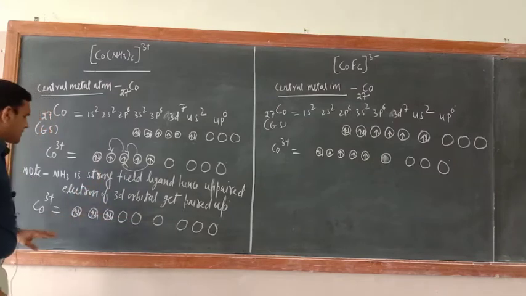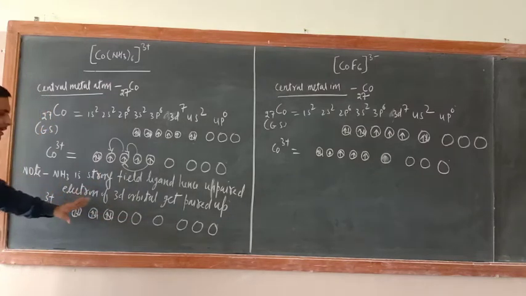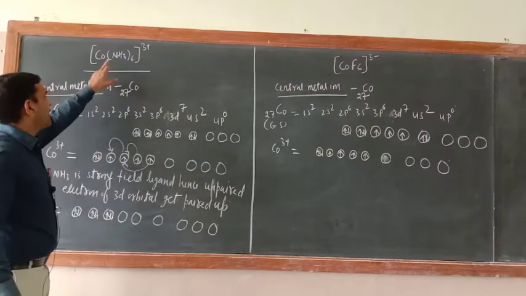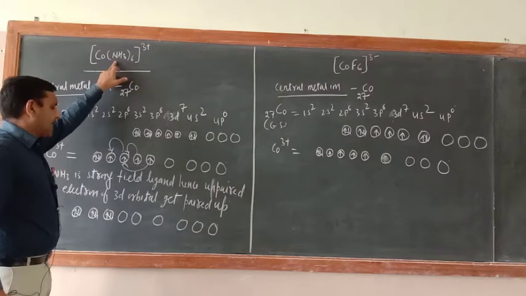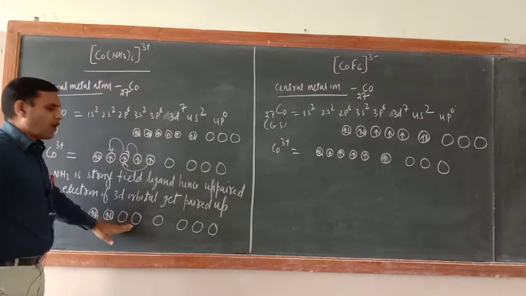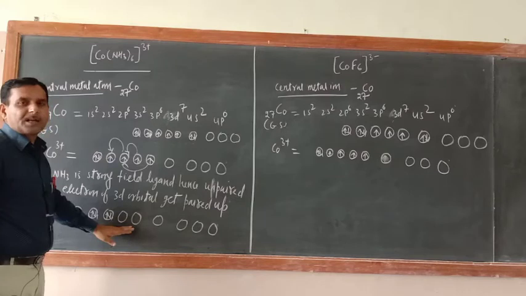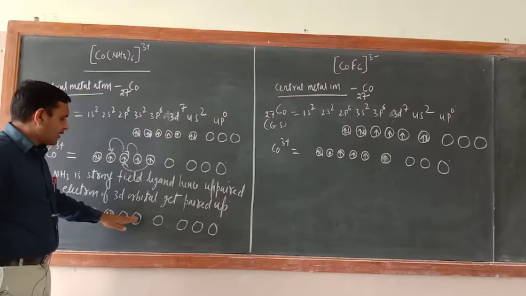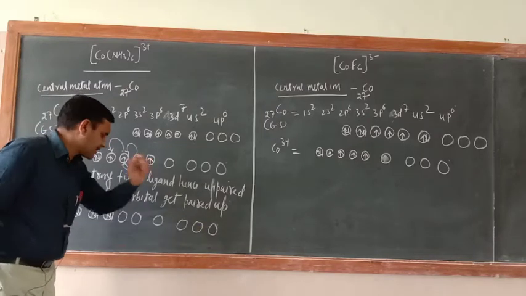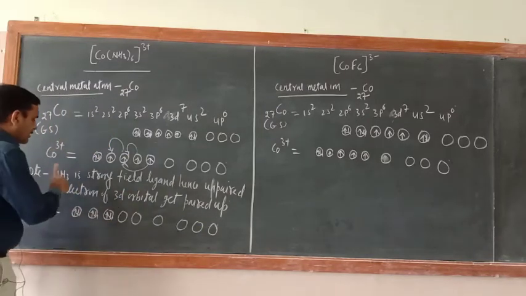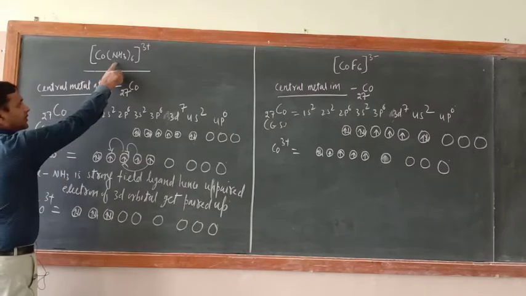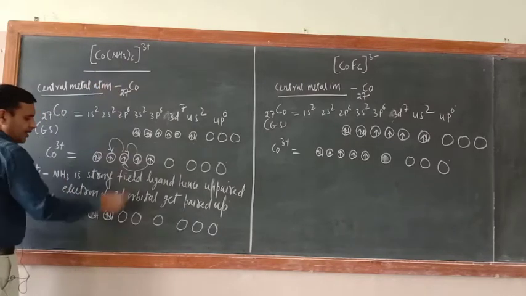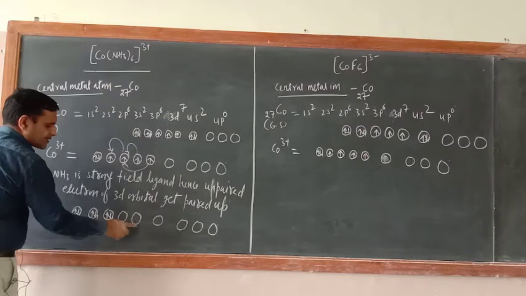Okay, now just see. Very easily you can decide how many ammine ligands are there: 6. So you want 6 vacant orbitals here for the formation of the complex, and 6 are there: 1, 2, 3, 4, 5, 6. Now just see, because of the strong nature of the strong field ligand ammine, now these 2 orbitals get vacant.